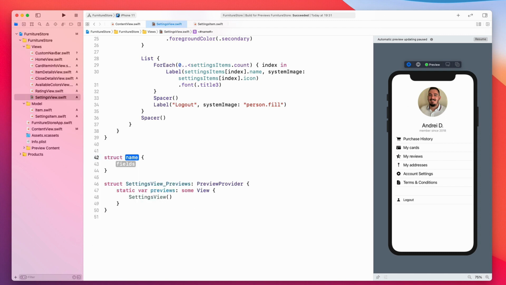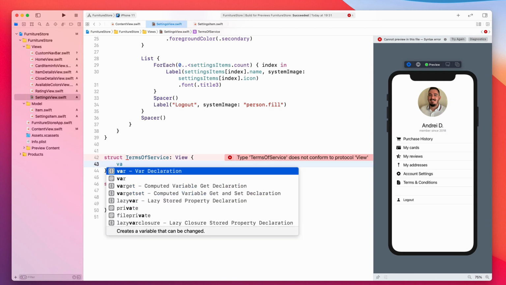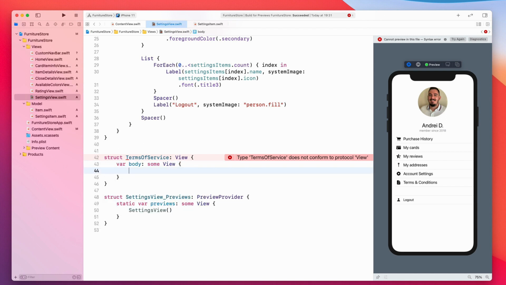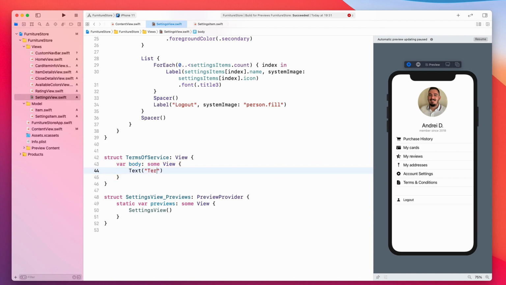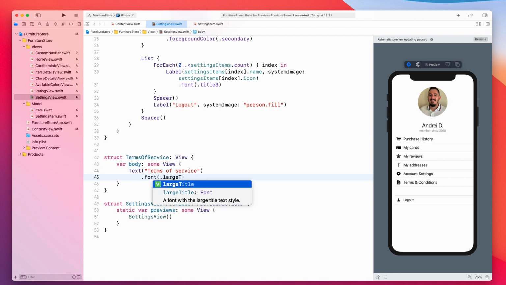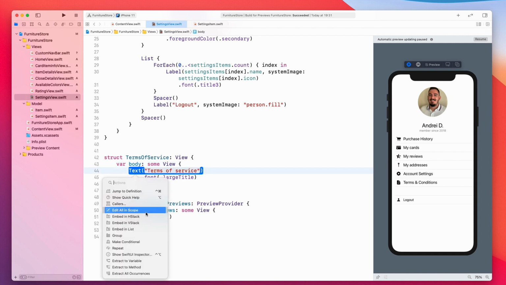So I will say struct, and the name of the view will be terms of service, and this will conform to the view protocol like this. And to satisfy the requirements we'll say here body. We are all good. We just need to pass text with some string in it, and we'll say terms of service, and for this we'll use the large title font, and we'll wrap this inside a vstack,